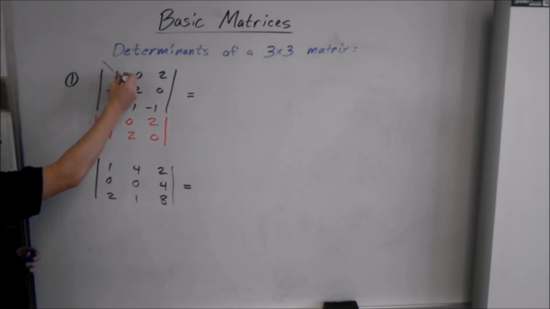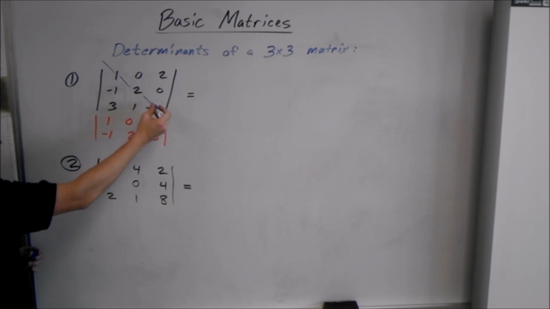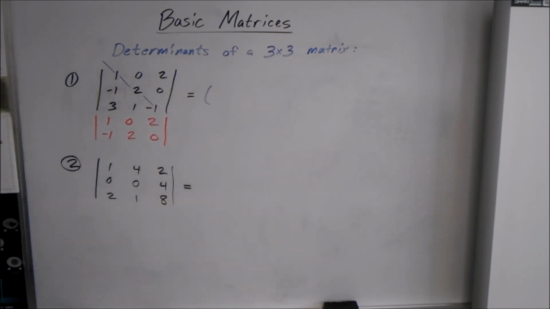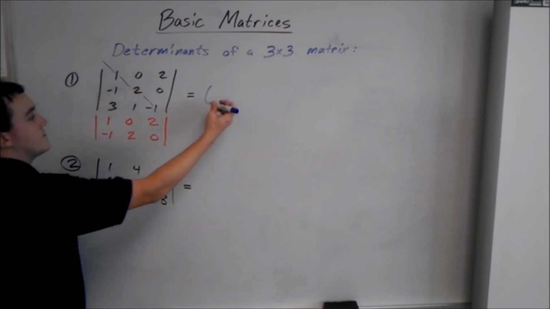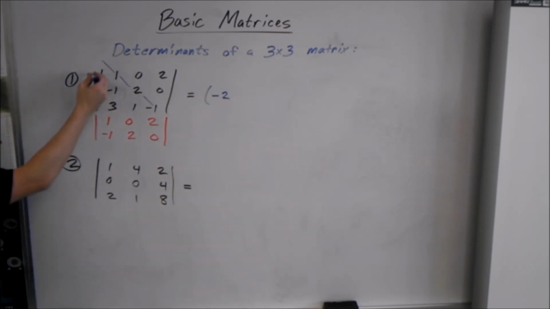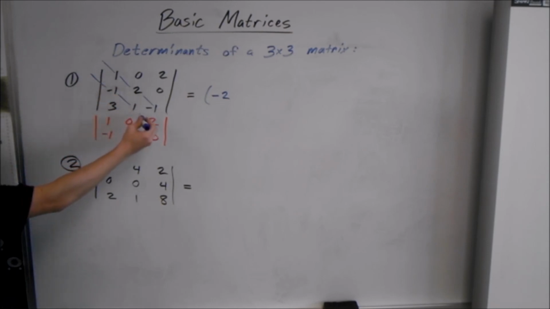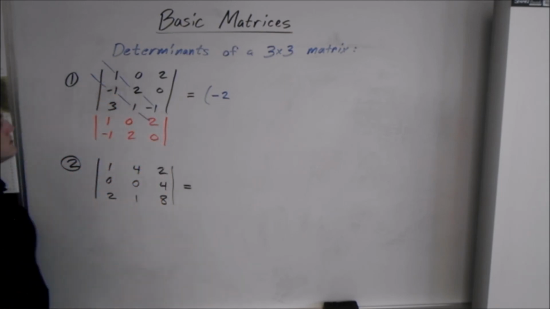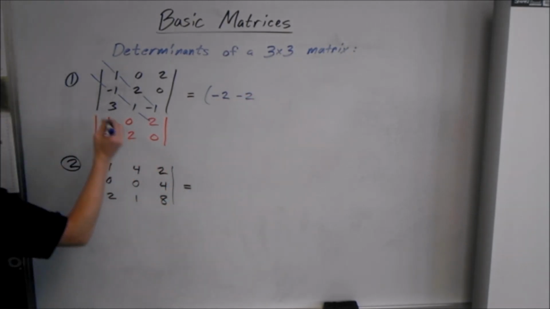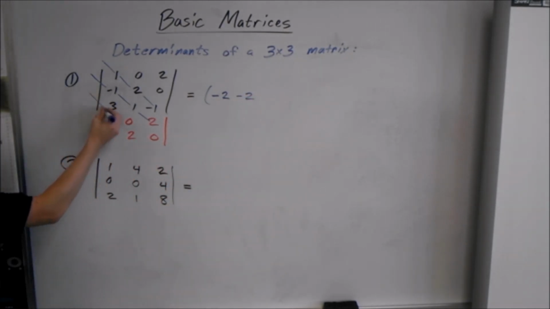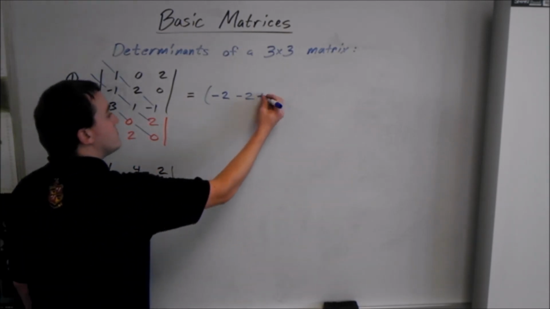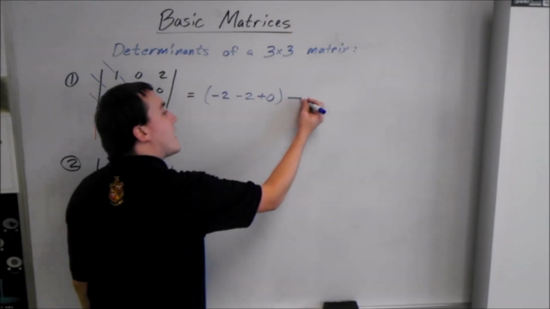Alright? So here we have our first diagonal, 1 times 2 times negative 1. Put that in parentheses. 1 times 2 times negative 1 is negative 2. Then our second diagonal, negative 1 times 2. Negative 1 times 2 is negative 2 again. And then our third diagonal, 3 times 0 times 0. Well, that's just 0. And then we subtract